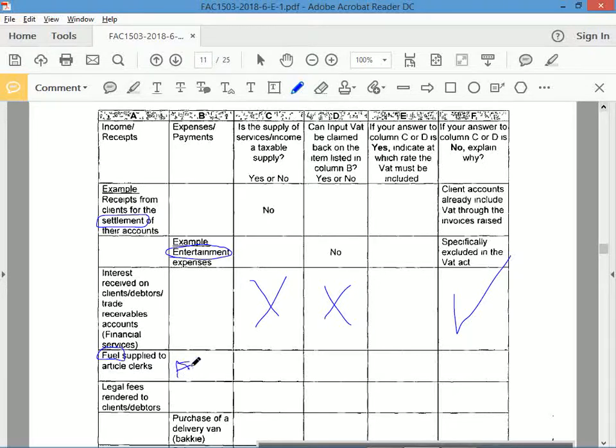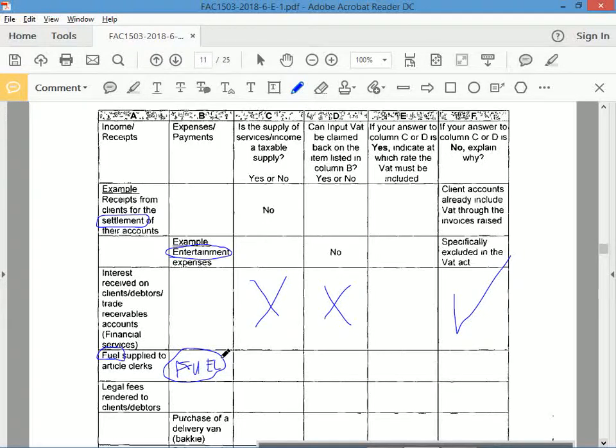Okay, but we don't have to change the question because the question is the question. But to me, that doesn't make sense because you're not selling fuel. And obviously, you're looking at a law practice. But I don't know of a law practice that also sells fuel. Maybe it's possible, but no. That seems quite unusual. Right, so for me, fuel would be sitting in the expense column because you're buying the